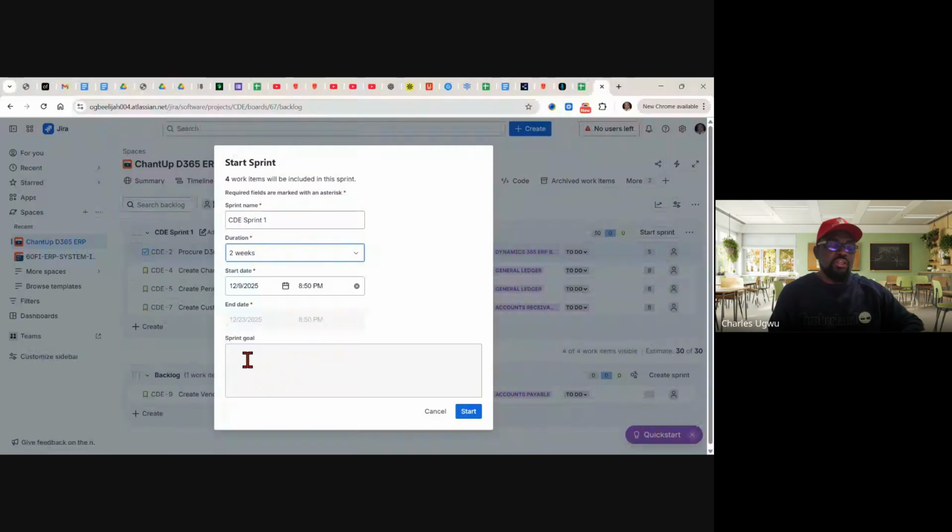And we say we need to give a sprint goal. What is the purpose of this sprint? What do you want to achieve?